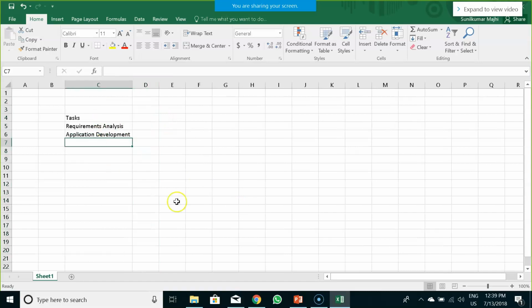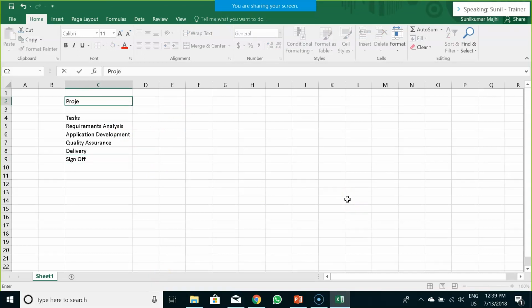You are able to see this Excel sheet, right? Everyone. Then we have quality assurance. Then we have delivery. Then we have sign off. So let's say the project name is BSI portal. Now this is the task.